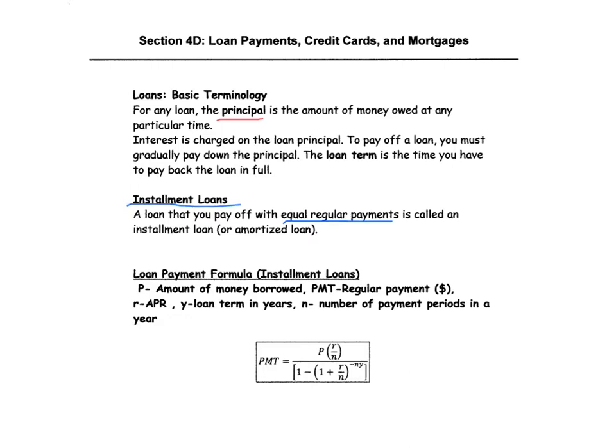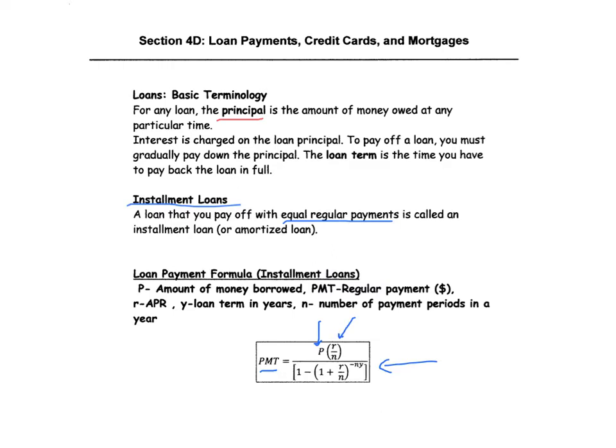So this is the formula that we're going to use. PMT stands for the periodic payment that we make, periodic or regular payments that we make to pay off the loan. The letter P stands for the amount borrowed or the amount owed to the bank or to any financial institution. R is the